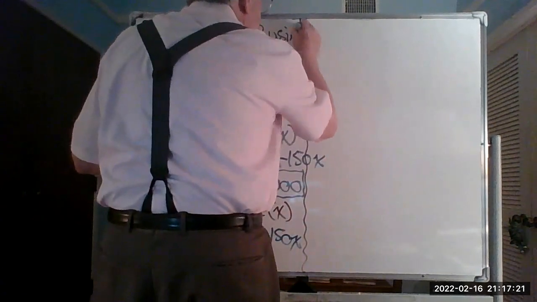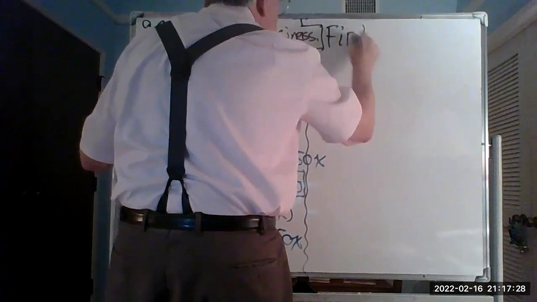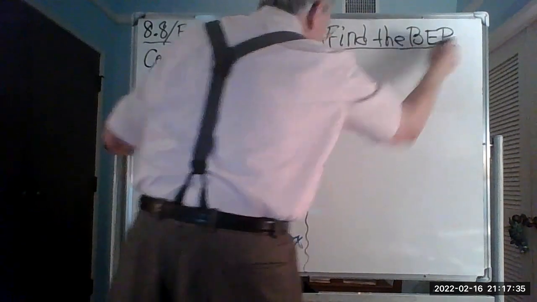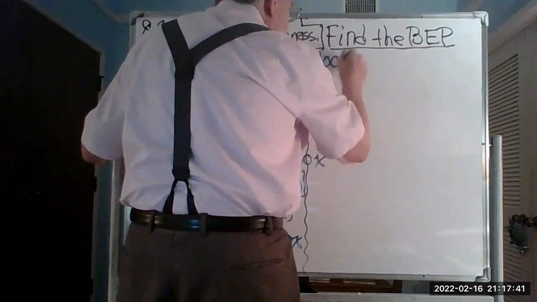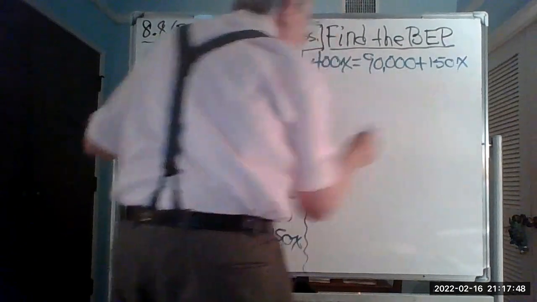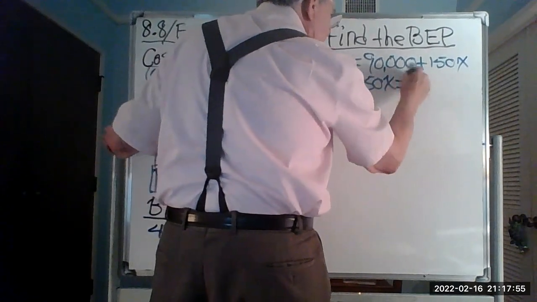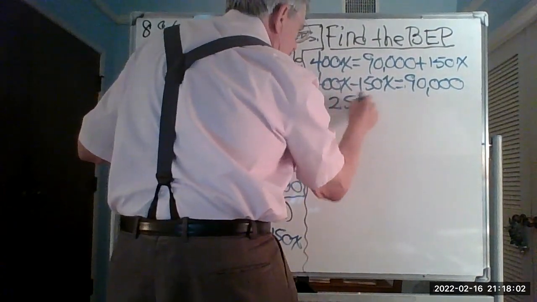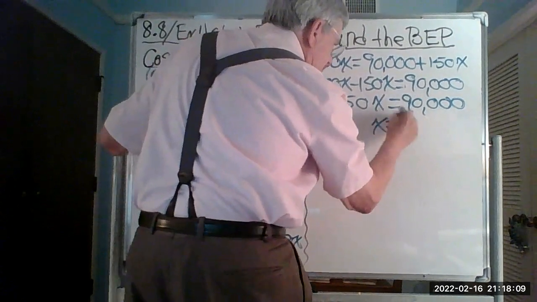You're doing good. Find the break-even point. So let me put it back up here. So I got 400X equals 90,000 plus 150X. Then I got 400X minus 150X equals 90,000. So that gives me 250X equals 90,000. So X then is equal to 90,000